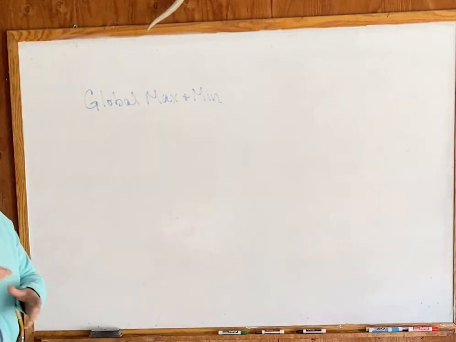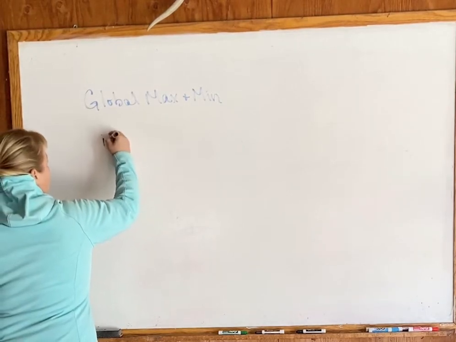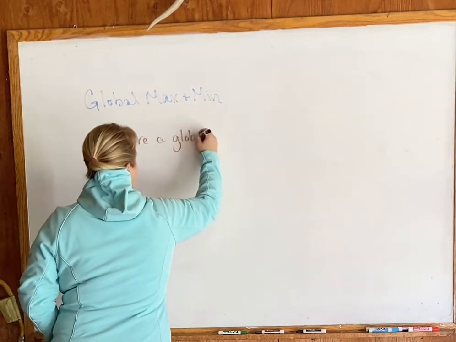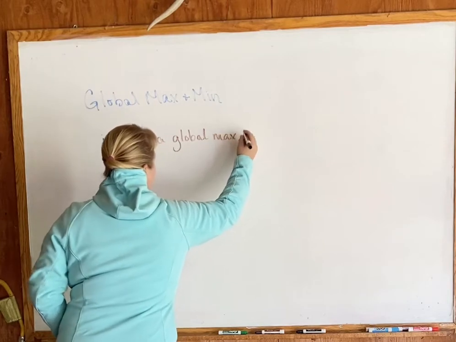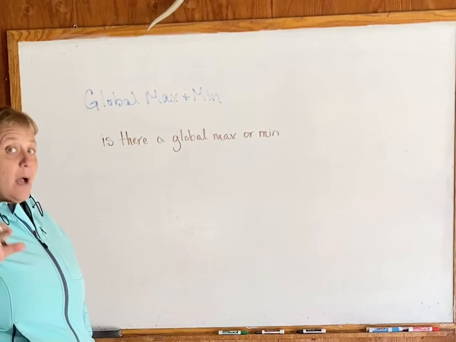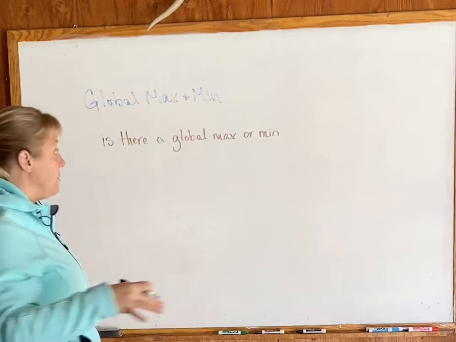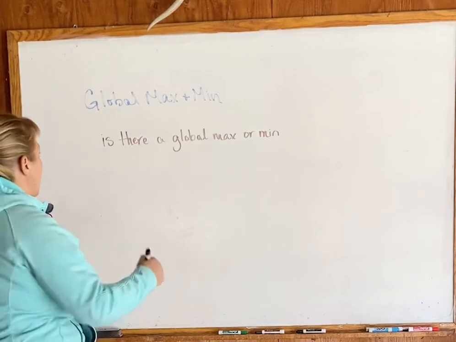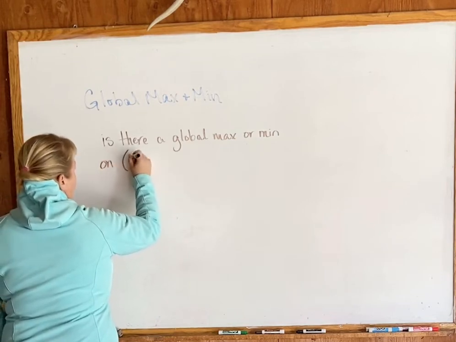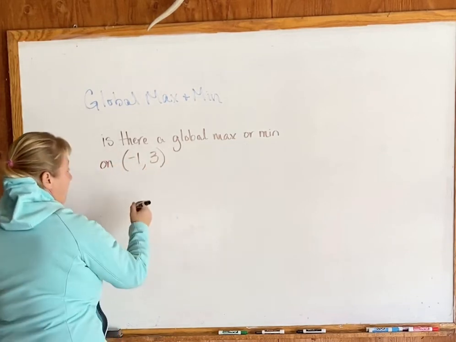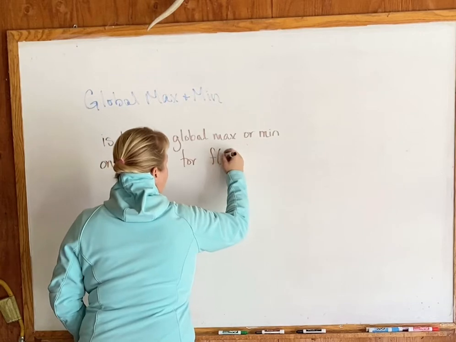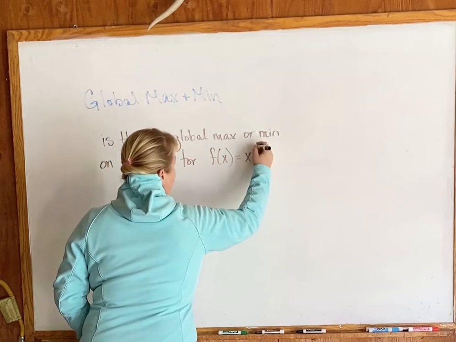I like brown. Okay, so the question is, is there a global max or min? And I'm just gonna make up an interval and I'm not gonna do the question that you're being asked to do. I'm gonna do one very similar to it. Actually, the one we're gonna do is gonna be harder. But let's see. Is there a global max or min on the interval from, let's go, -1 to +3, open interval with parentheses, for f of x equals x squared